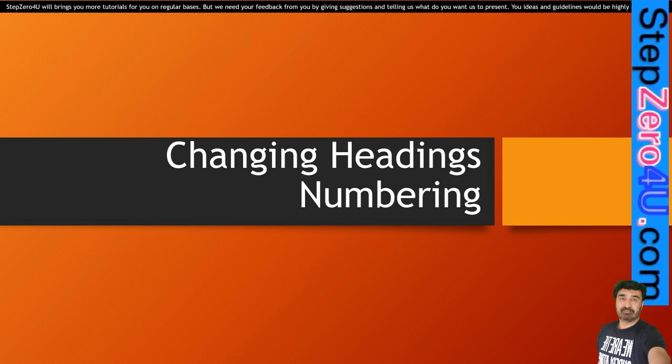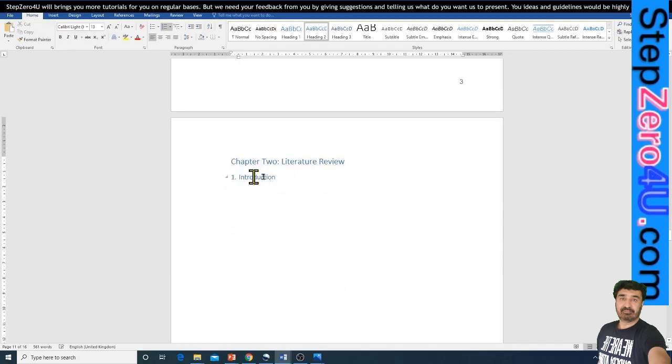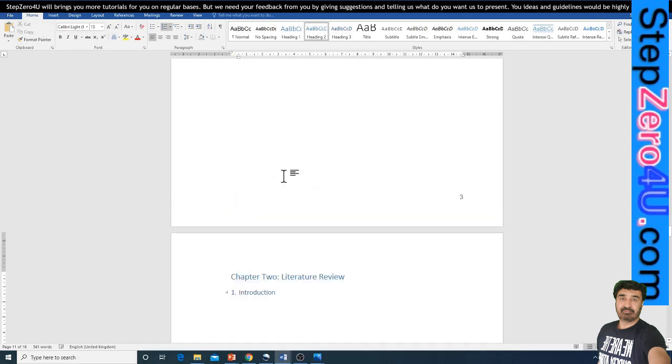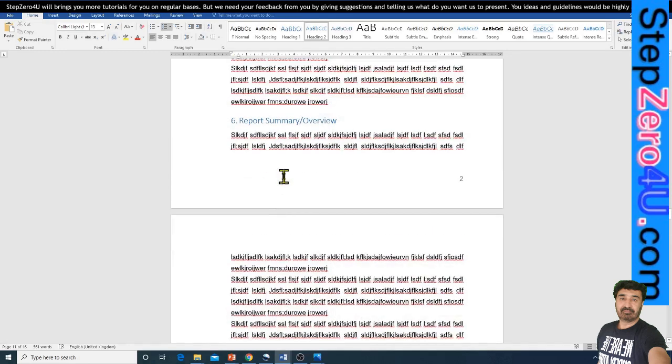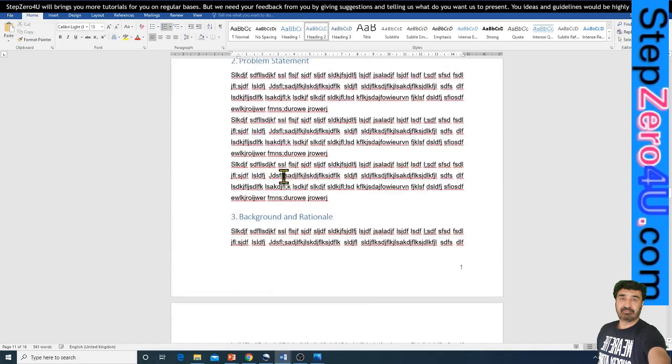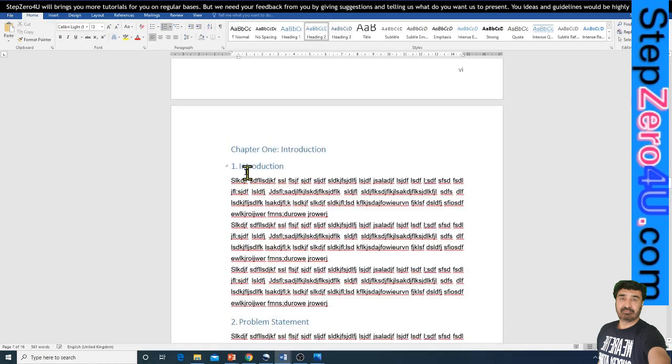Once we are satisfied with the format, then we can apply these changes to heading style format for the whole document. Now we want to add chapter numbers to heading 2 levels. In chapter 1, the numbering of heading 2 levels is 1, 2, 3 and so on, but we want to change it. In the first chapter, we want this number as 1.1, 1.2, 1.3 and so on, because here the chapter number is 1. Similarly, in chapter 2, we want heading 2 levels as 2.1, 2.2, 2.3 and so on. In chapter 3, this number would be 3.1, 3.2 and so on.